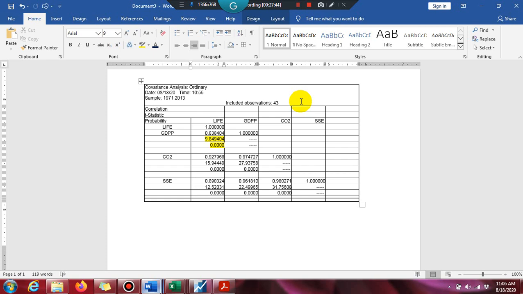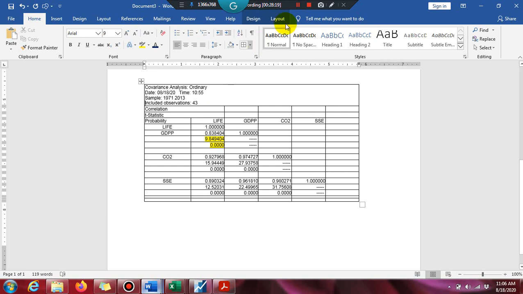If some undergraduate or new researchers are watching this video, they may not be aware of multicollinearity, but senior researchers, or those who have gone through an econometrics course, are very well aware of the concept of the correlation matrix and multicollinearity.